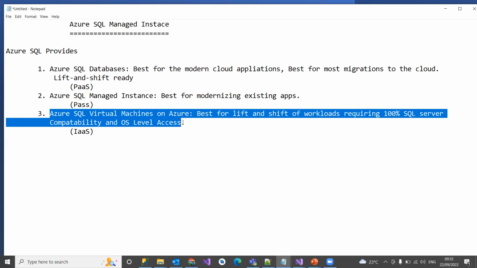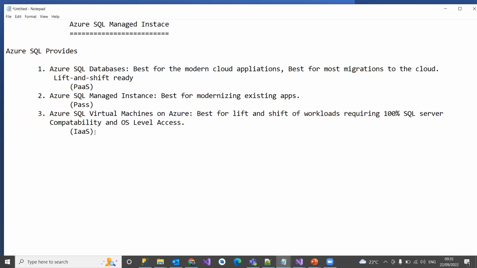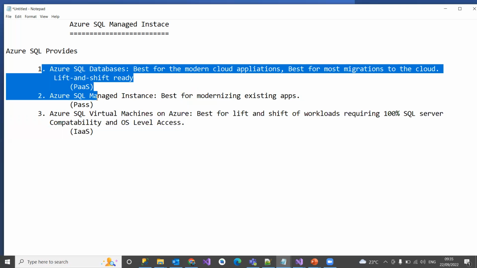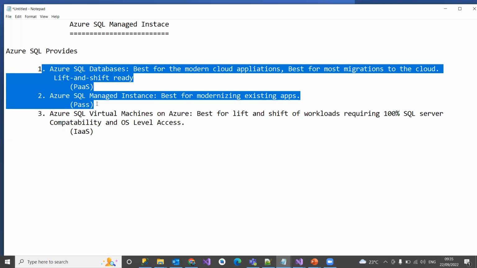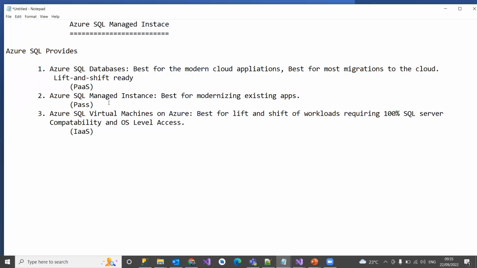That means you are asking for infrastructure to utilize on the cloud. That means it's infrastructure as a service. But when it comes to these two, you are going to use the existing platform where you use SQL Server for the applications and manage connecting to the SQL Server and you move to a cloud environment. And when it comes to SQL managed instance, this is our main topic in today's